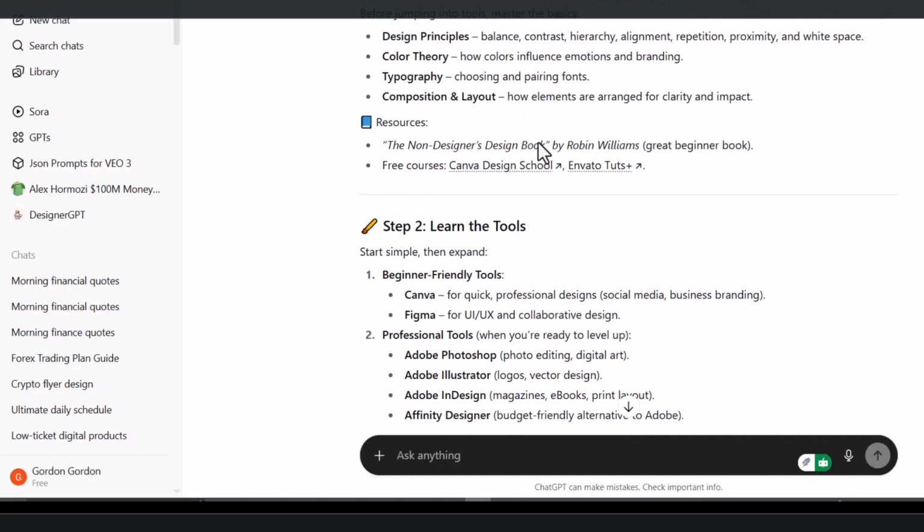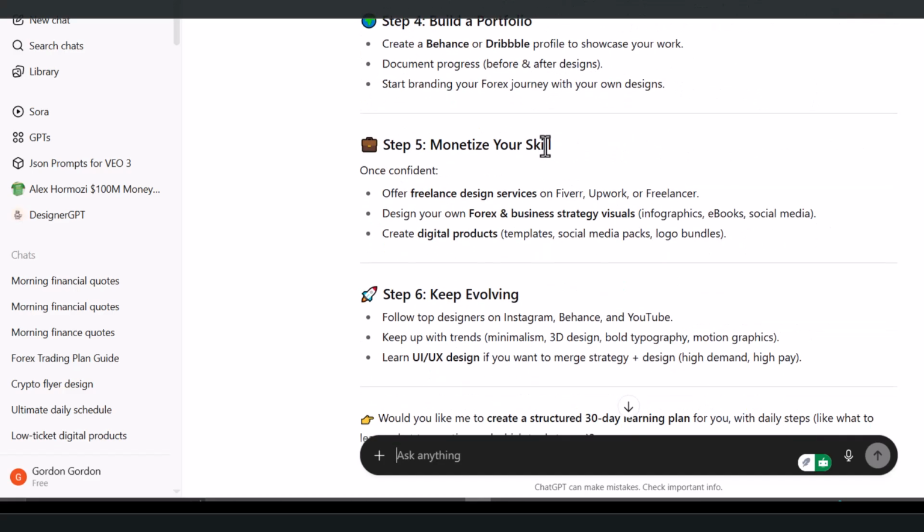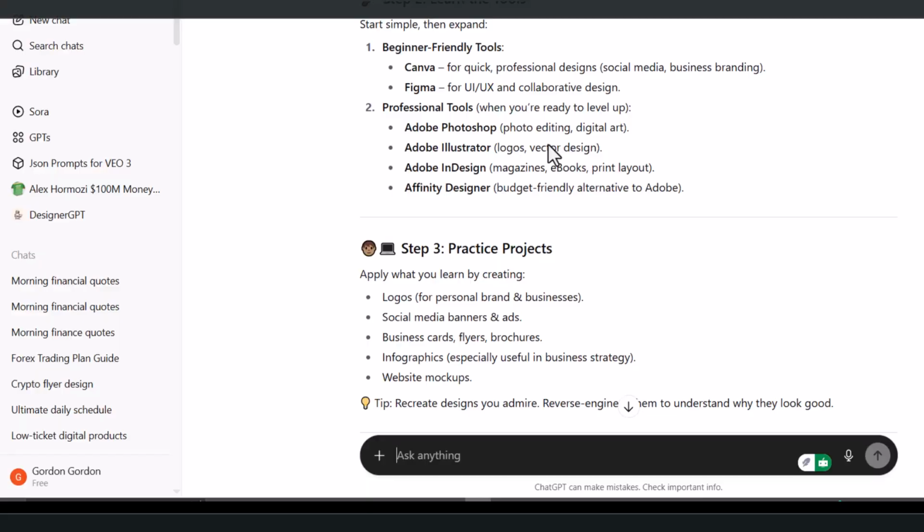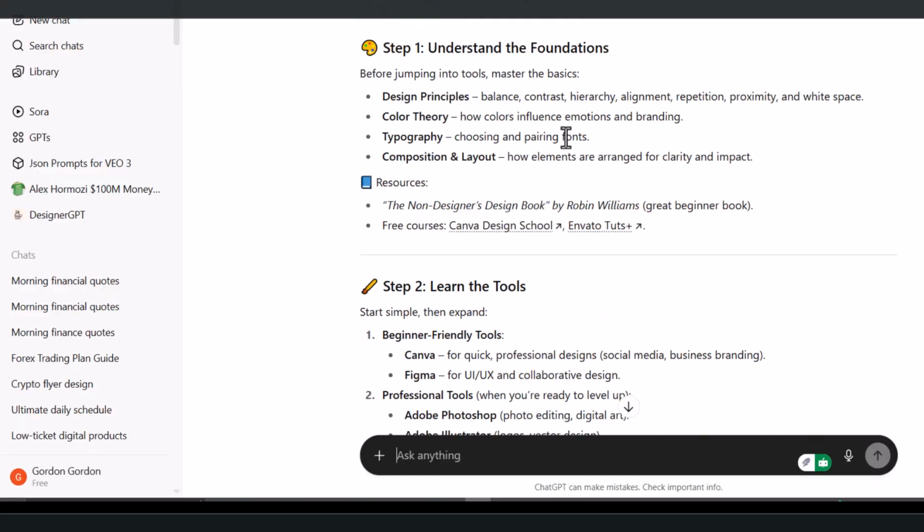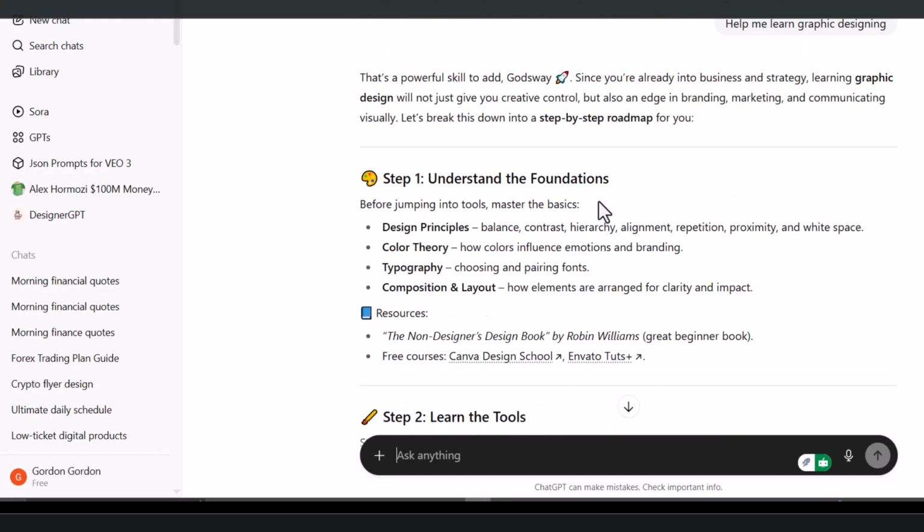So ChatGPT is actually giving me information on how to go about that. But that's just a random prompt I'll give in ChatGPT. Anyway, so those are the two things that I want you to